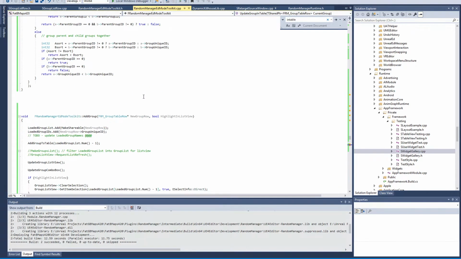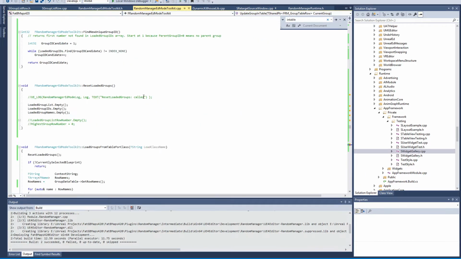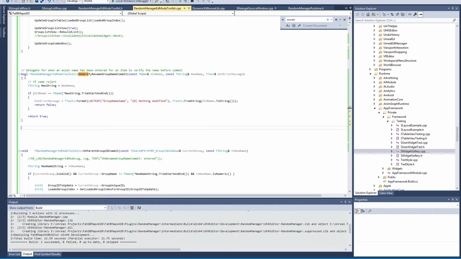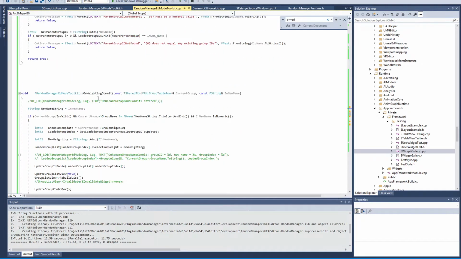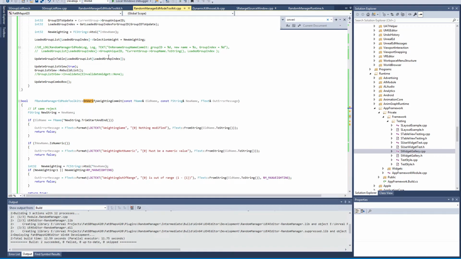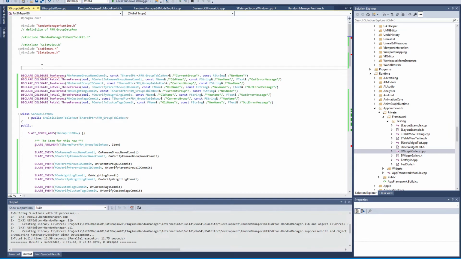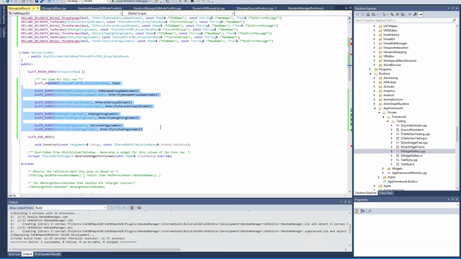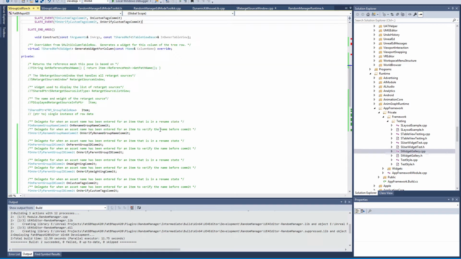So you've got things like, let's find. So you check everything you type in. Is this group name valid? Is this? And each of these is a separate function which you have to define about 4 times, and you've got stuff like this. A lot of these sort of delegate definitions. A lot of this pseudo grammar, which the Unreal C++ stuff is full of. And then you got all this,